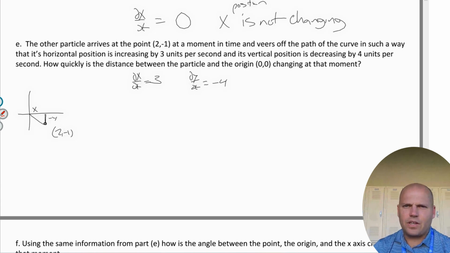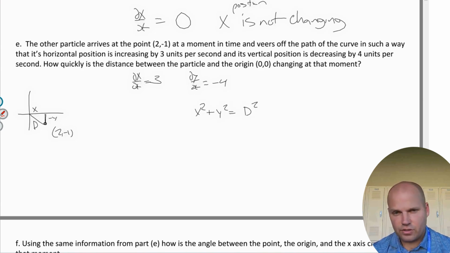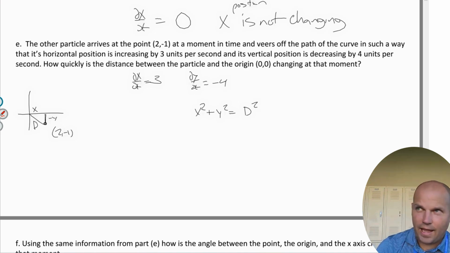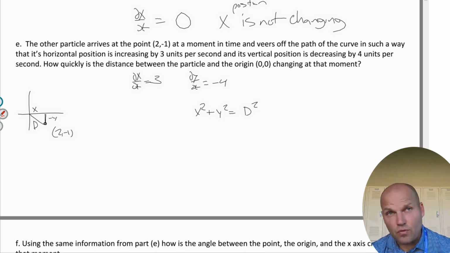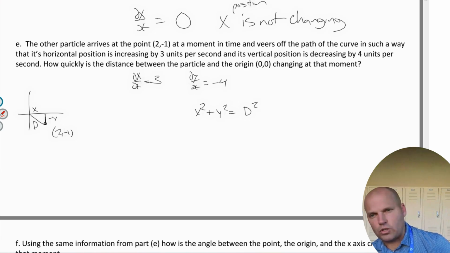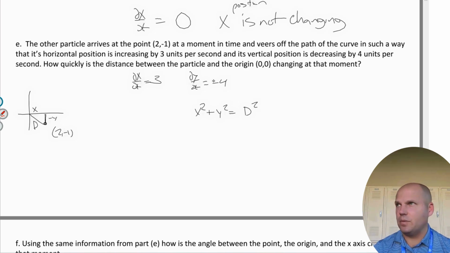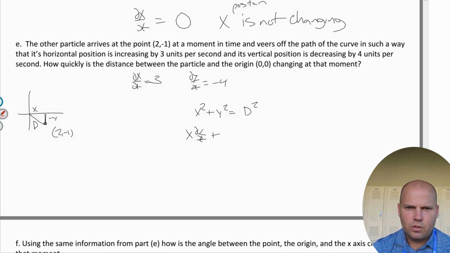Anyways, how quickly is the distance between the particle and the origin changing? So I'm trying to find how quickly this is changing. We have a Pythagorean theorem. The way I'm going to ask you about triangles is like origin and a point, and the point is moving. How is the distance between the origin and the point changing? You have a Pythagorean theorem: x's, y's, diagonals, D's. So 2x dx/dt after dividing by 2, 2y dy/dt after dividing by 2, 2D